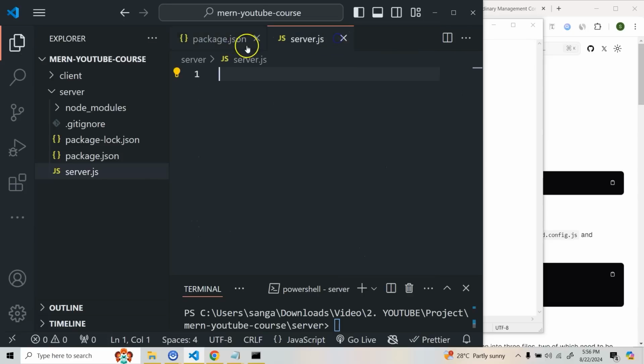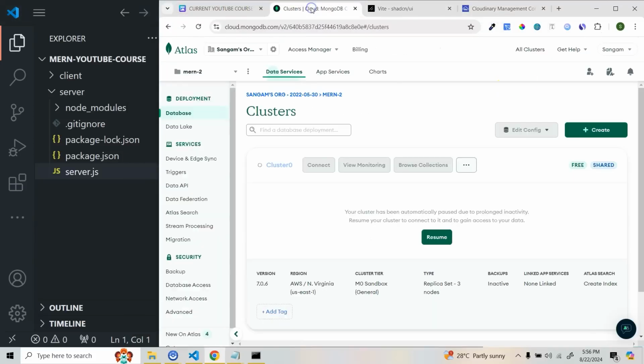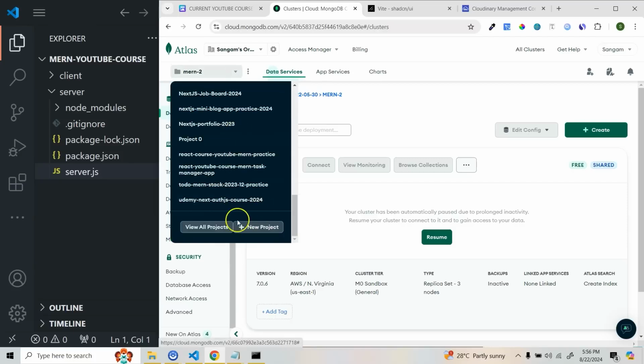Now first we need to connect to our database. But to connect to your database, what do we need to do? First we need a database setup, and also we need to create our express. So those things we are going to do. First let's go to our MongoDB, and here I'll create a new project. So first you need to log in to your MongoDB Atlas. Once you come here, if you scroll down you'll get a new project. So click here,